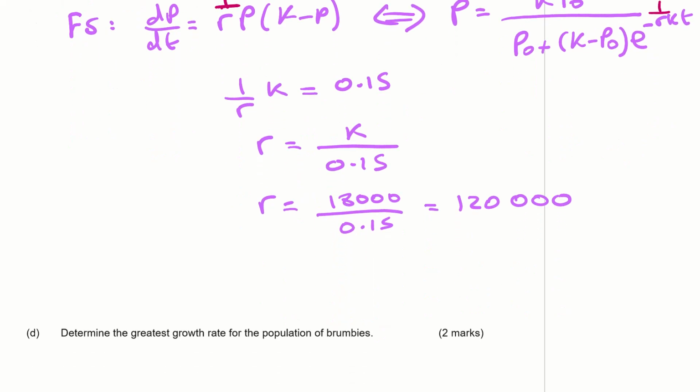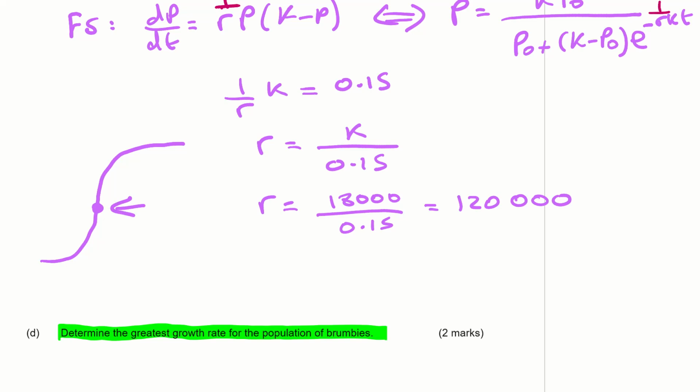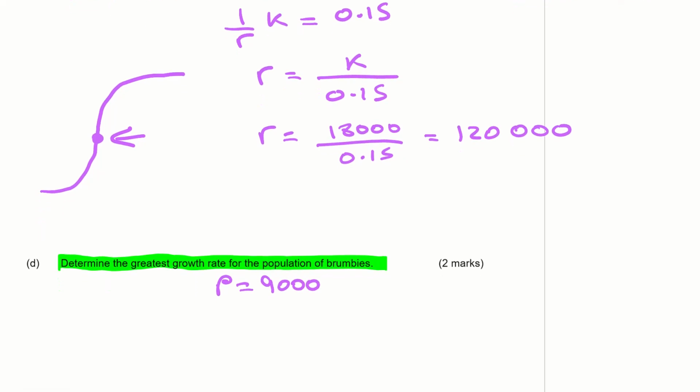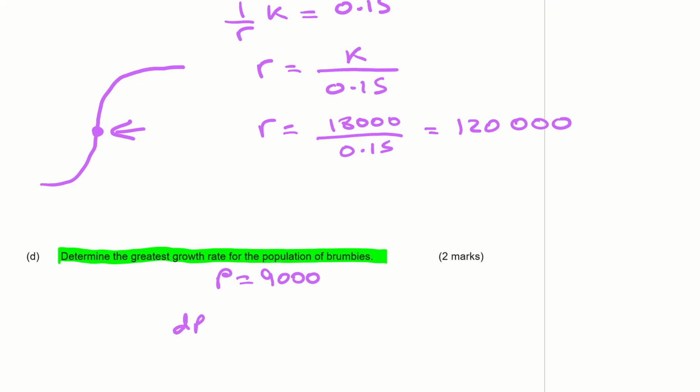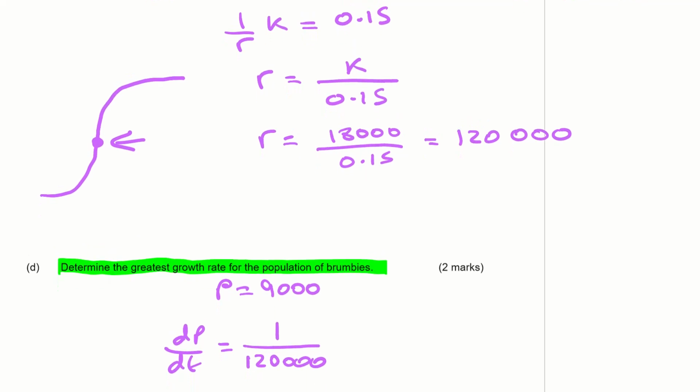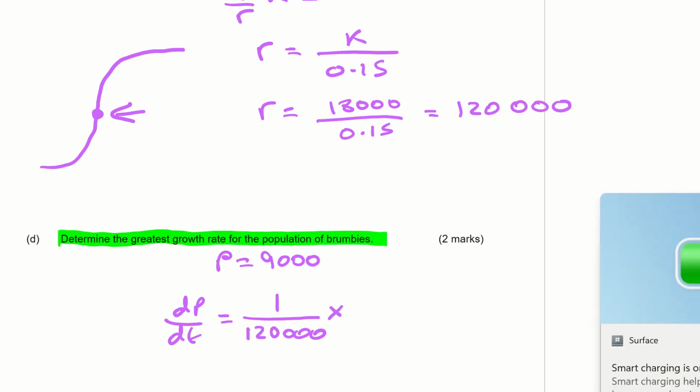And then we want to determine the greatest growth rate of the population of Brumbies. Well, these curves are always shaped like this, and they have a point of inflection there that's exactly halfway up. So this is going to happen when P is equal to 9,000, essentially. So dP/dt is going to be 1 over 120,000 and then times